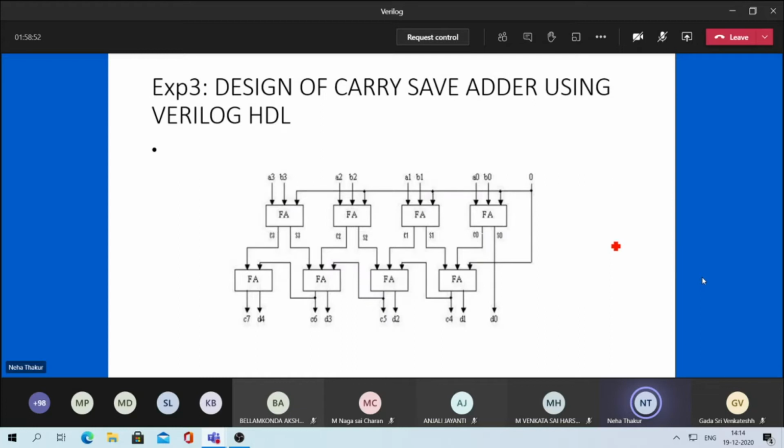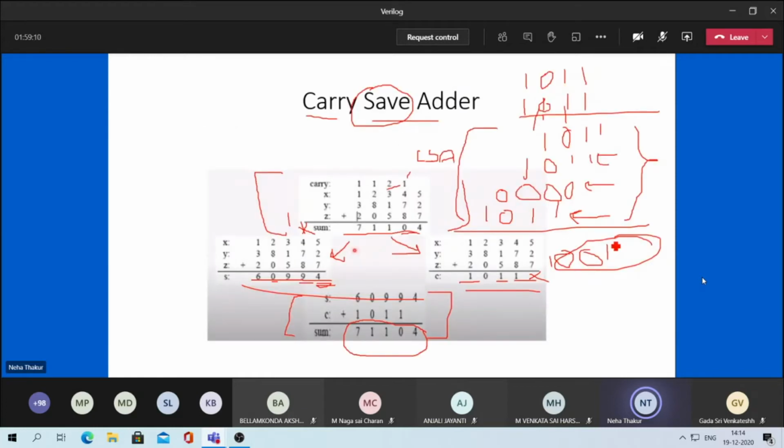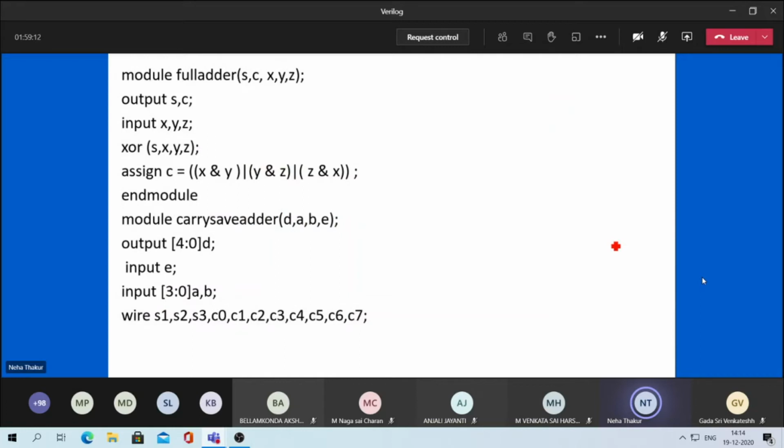Obviously you do not have so much extra time to write the full adder code 8 times. What is the idea? You write the full adder code once and then repeat it, or you write a generalized full adder code and then just change the inputs and go ahead. So here also we are writing the code for full adder. If you remember, in our system we have a work directory. In the work directory, till now we have saved one code for half adder, one for full adder, and one for ripple carry adder.